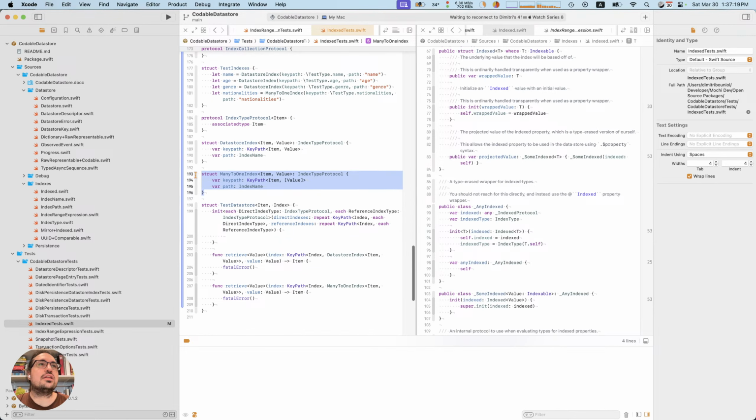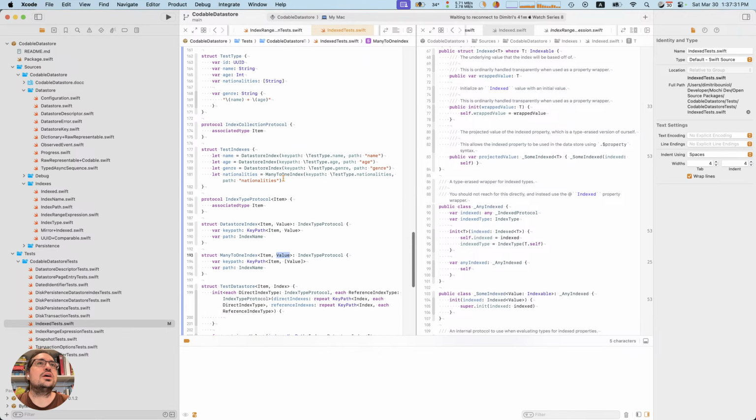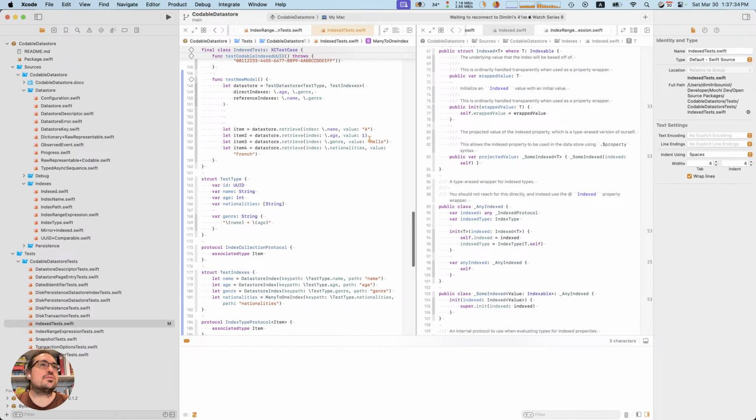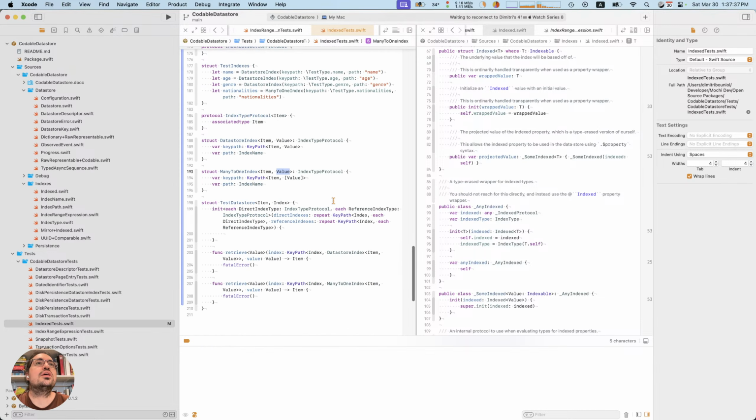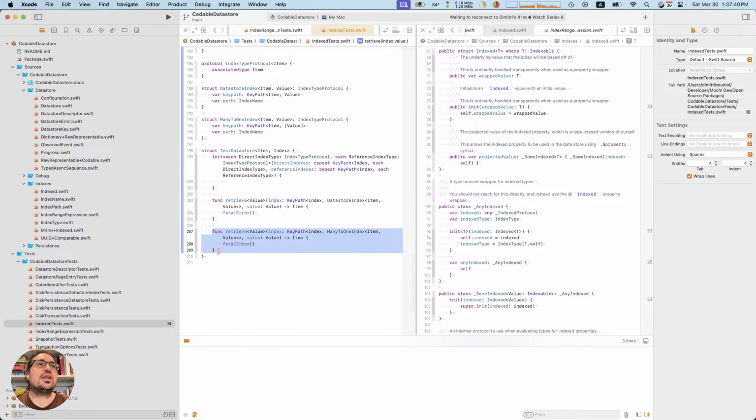I added two things. I added this type that marks the kind of index, and the difference here is instead of a single value, this is an array of values, but it's keyed on the single value. So if you were to specify something here, you specify just one thing, not an array of things. And then the second half is right here, where instead of specifying a key path to a data store index, we're specifying a key path to a many to one index. And this allows us to have different functionality. So this one will go ahead and do that special type of search across a larger index.